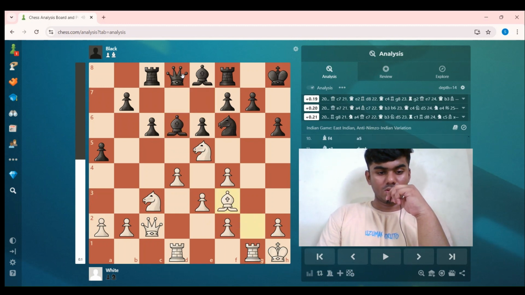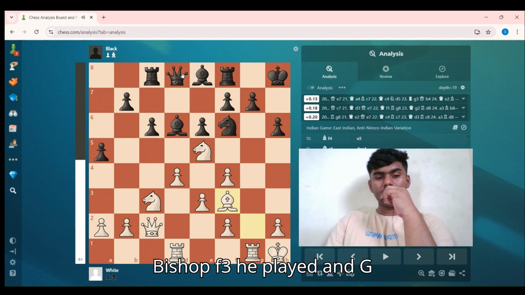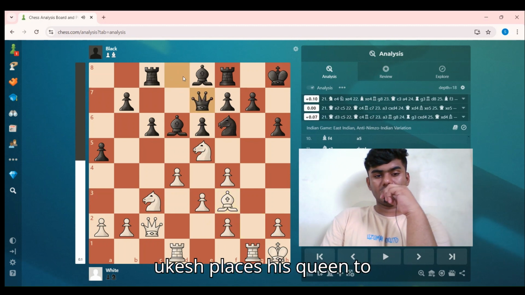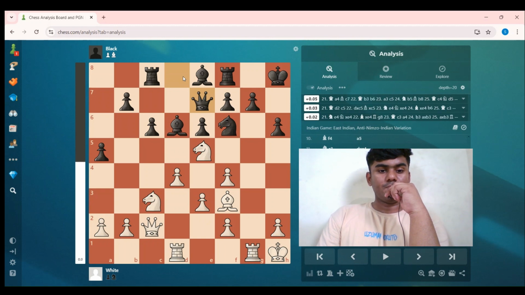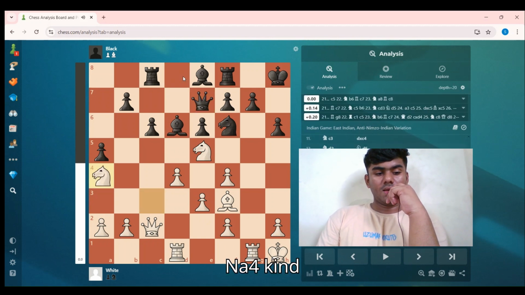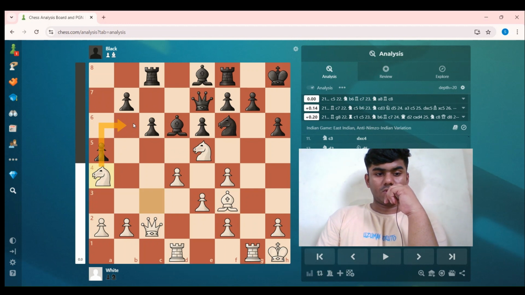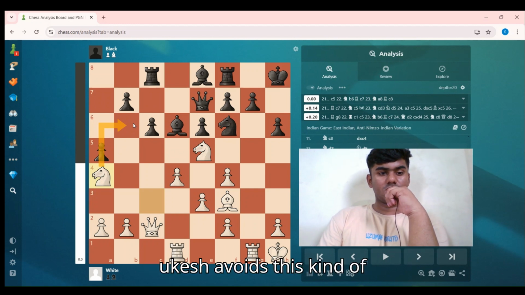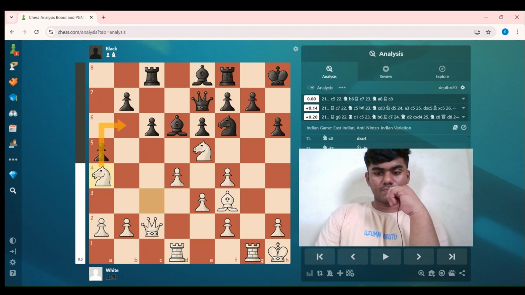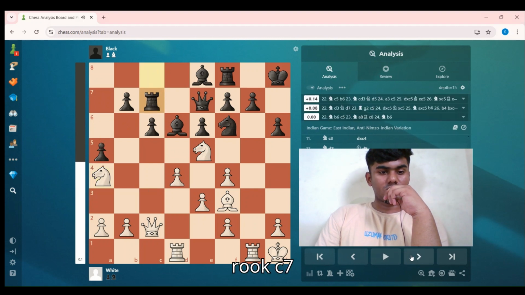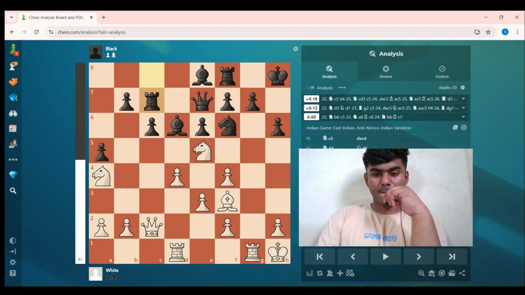Bishop f3 played, and Gukesh places his queen to e7. Knight a4, kind of looking for the square, but Gukesh avoids this kind of move. Okay, so he plays Rook c7,